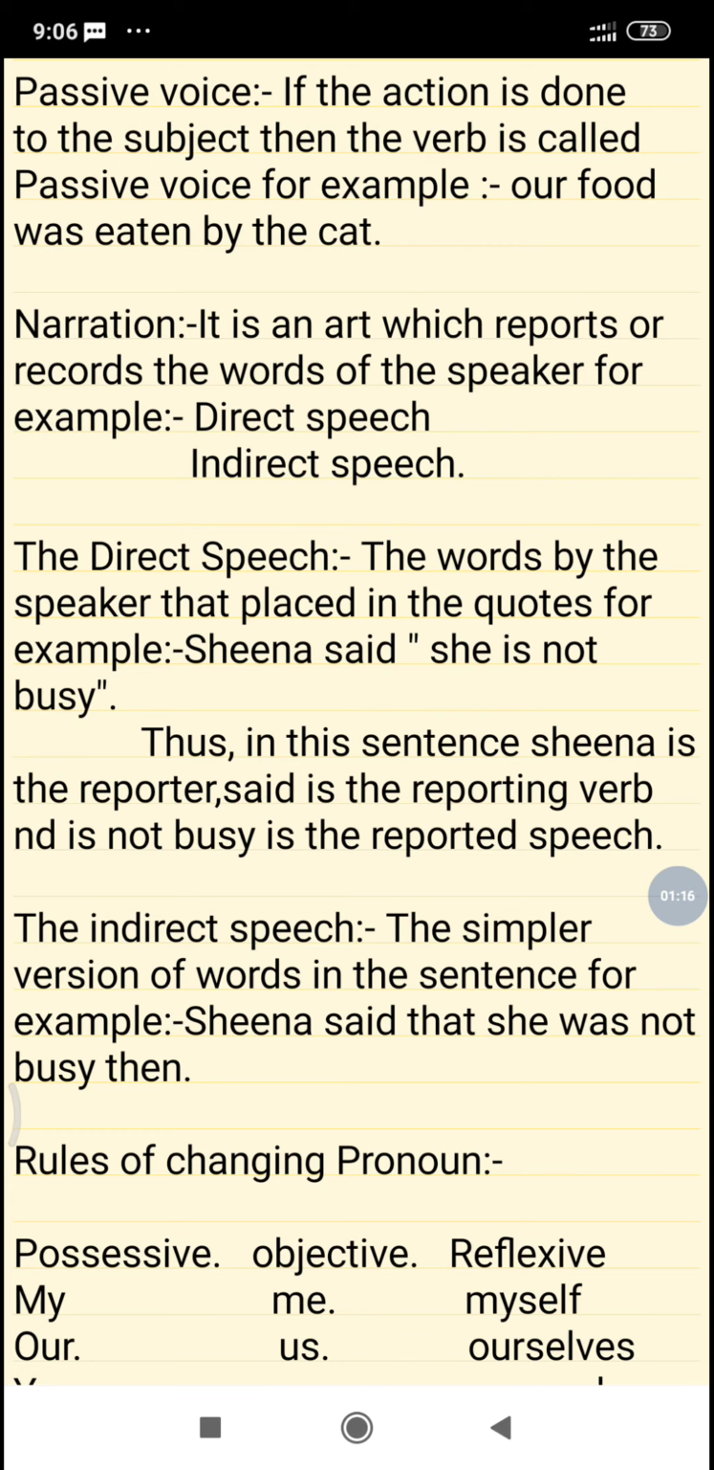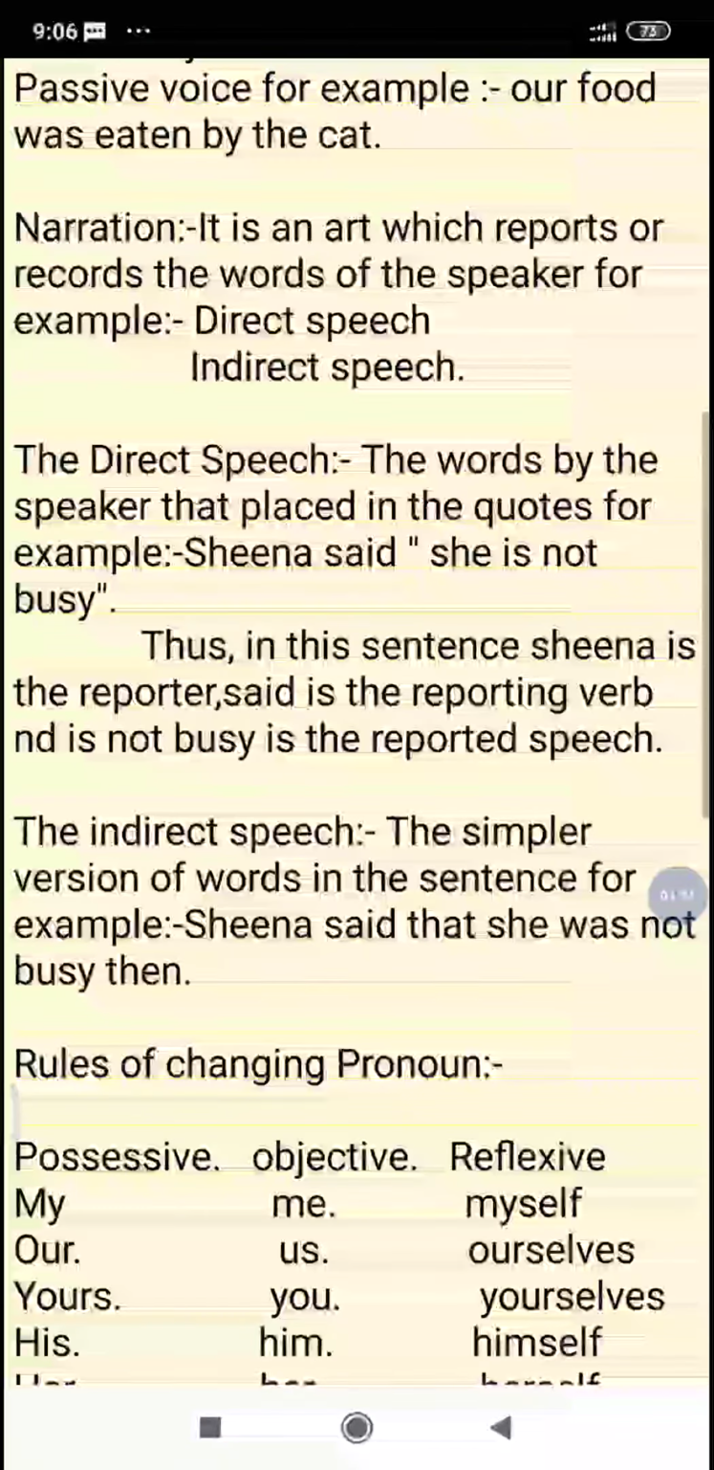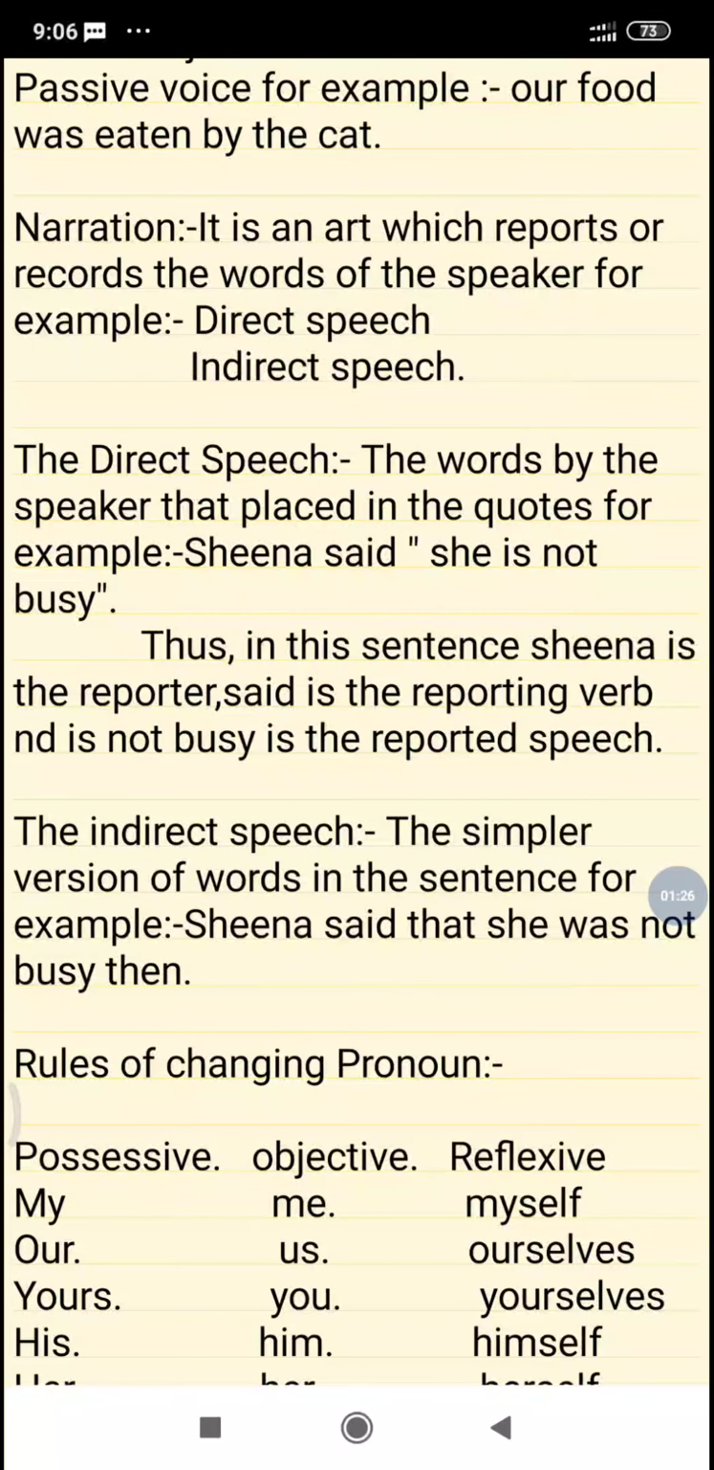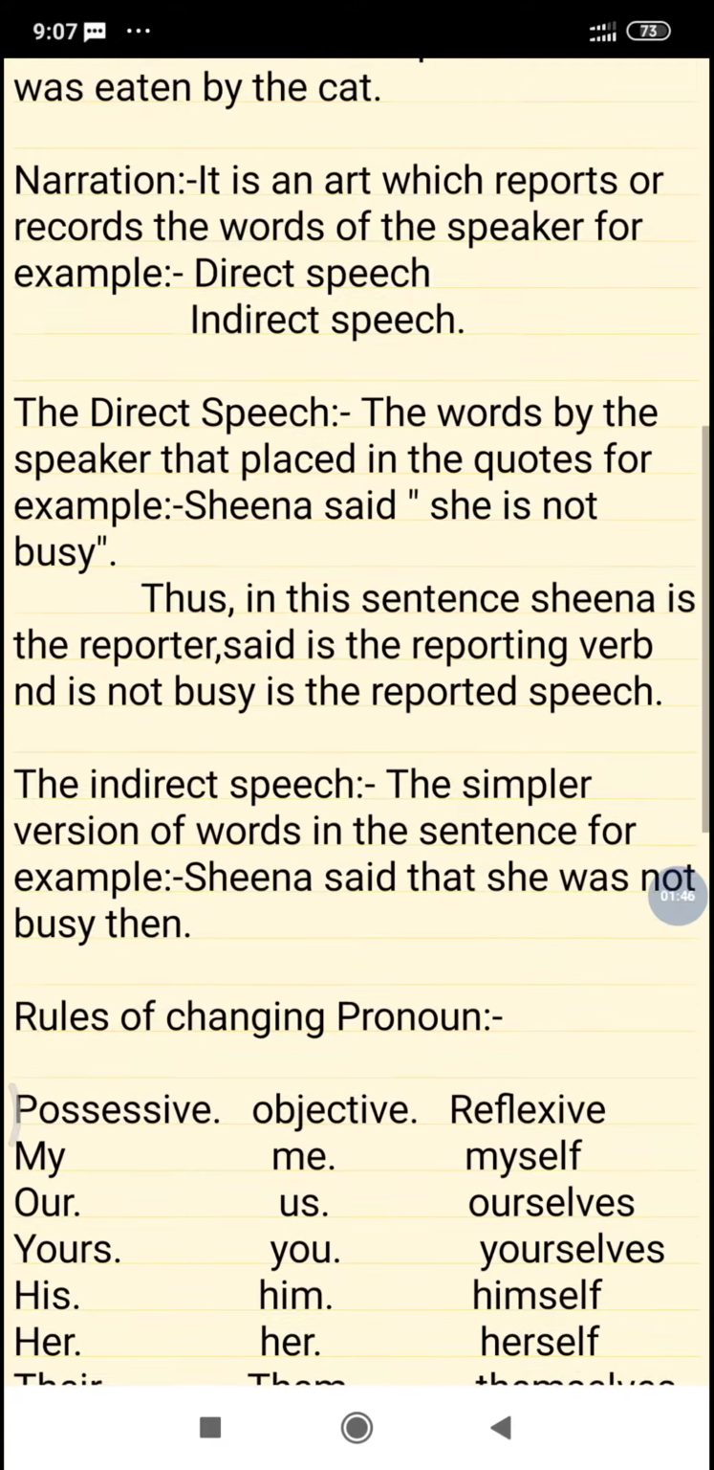The narration. It is an art which reports or records the words of the speaker. For example, direct speech and indirect speech. Here I am talking in Hindi also in order for you to understand very well. In narration, we have two parts, direct and indirect speech. As we have read in the definition, it is an art which reports or records the words of the speaker,